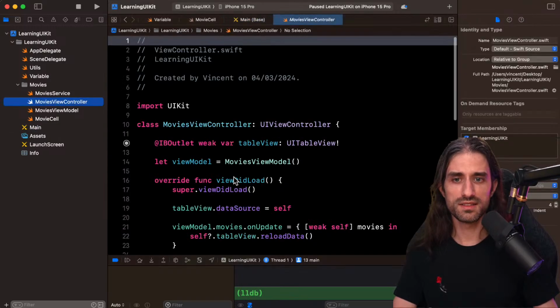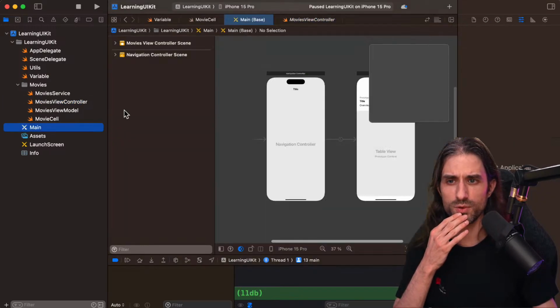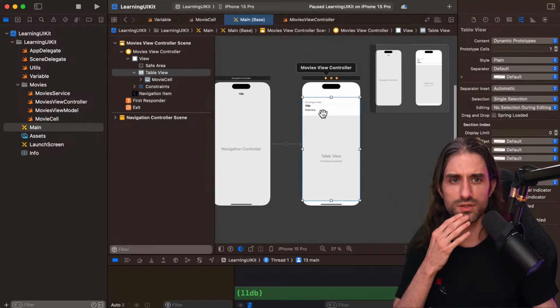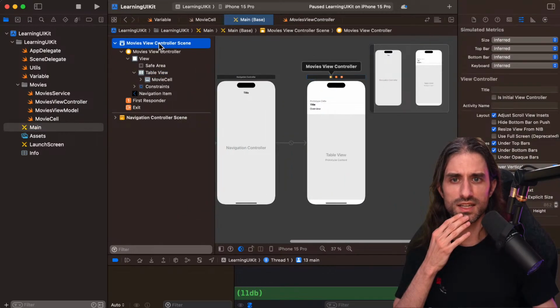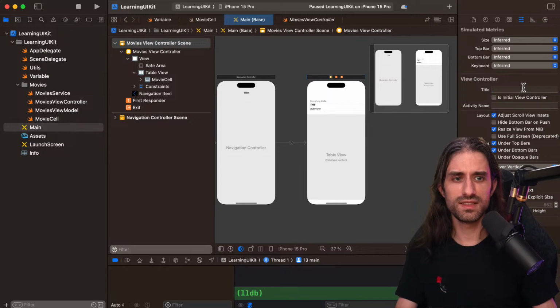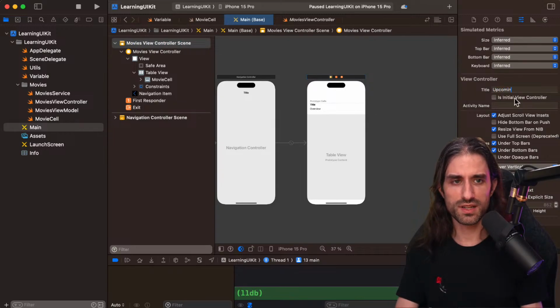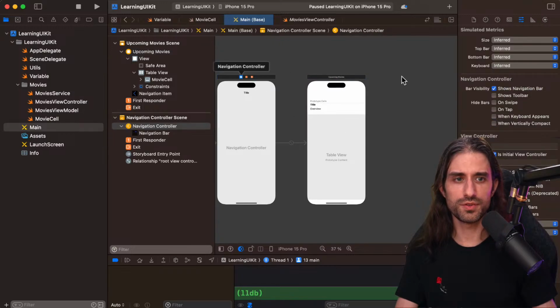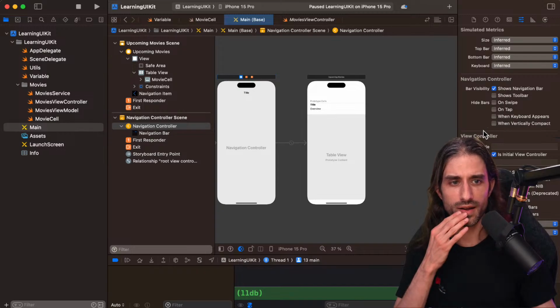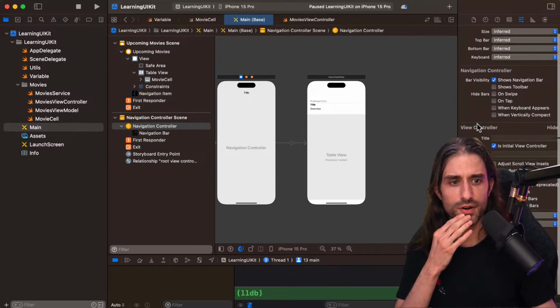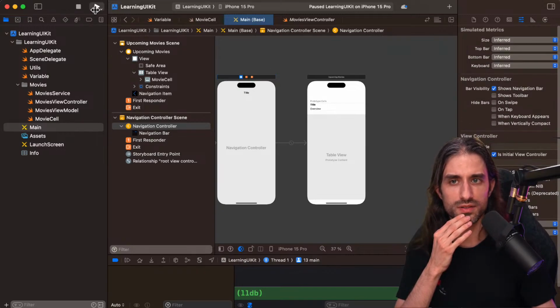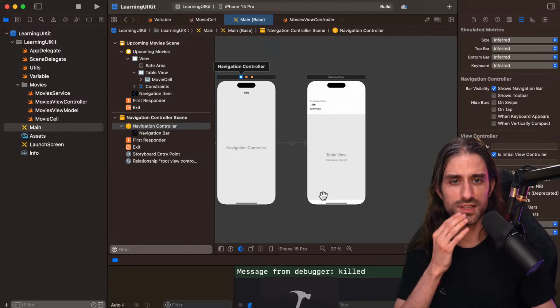And you can see it has put my view controller into a navigation controller. And actually, since I have this navigation controller, now what I can do, I think I can do it in the storyboard or in the code. I'm going to try and do it in the storyboard, is that here on the view controller, I can give it a title. So I'm going to call it upcoming movies. And normally, I should see the title appear as the large title of the view controller. I never remember what you need to do to display the large title. So let's try and see first if it appears.